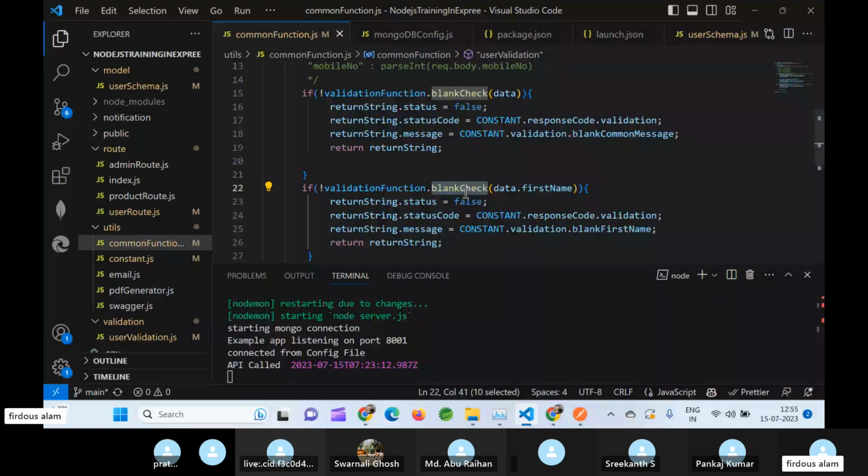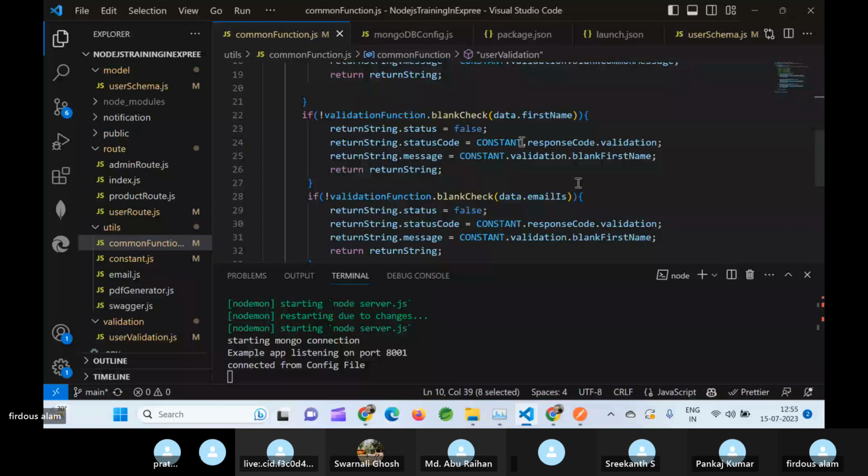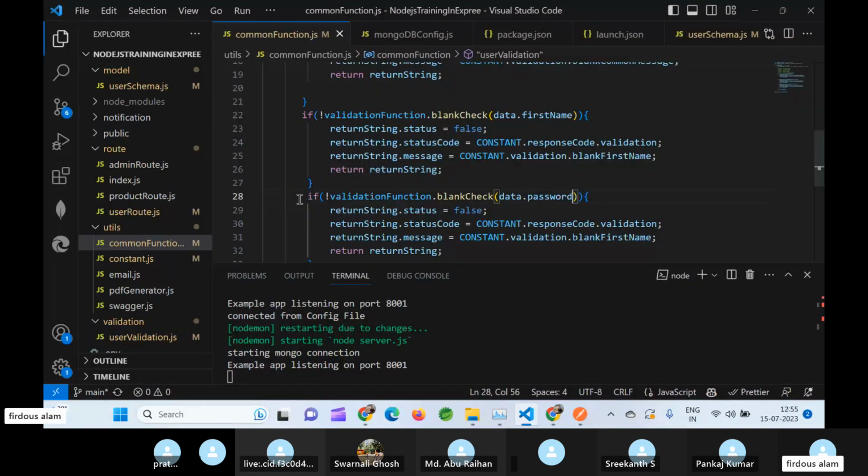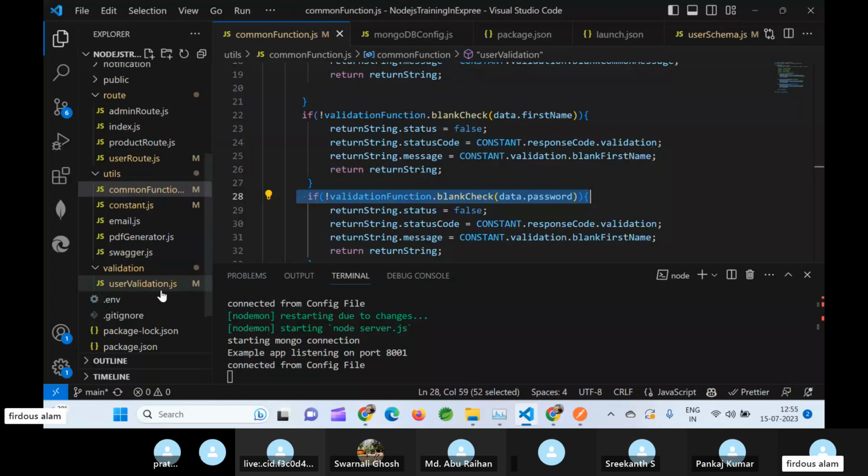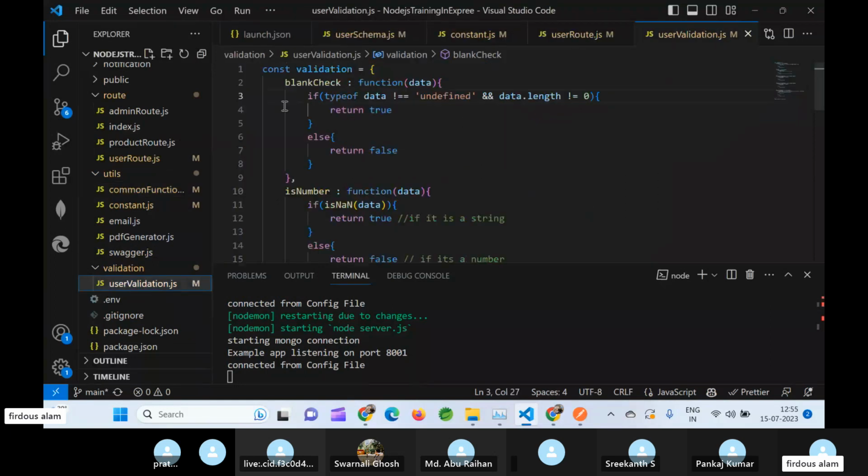Or for the password. I mean, you understand my point? Yes. Because we had made a common function, and inside this function we are checking all the stuff, like whether it's a blank or not. Else we have to rewrite this again and again, and if we add any new condition, what would happen? If the blank check is in 100 places,